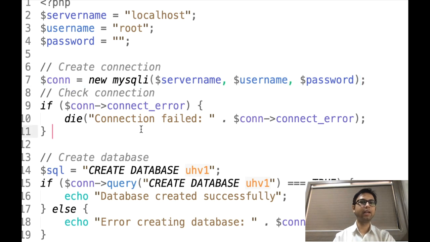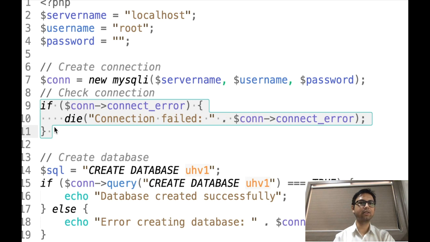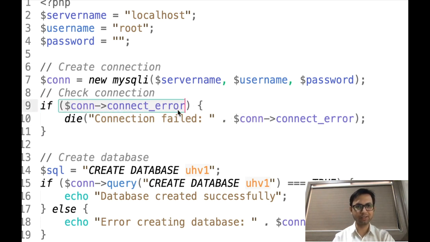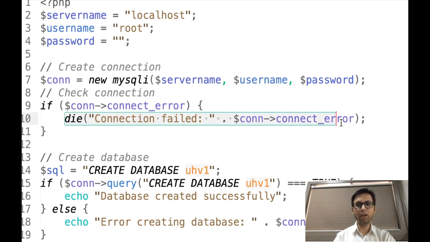Then after that, we have to check whether the connection has any error. That can be checked using this syntax: if this variable has any error, then we call the die function, which is a PHP function, and print the message "failed connection".